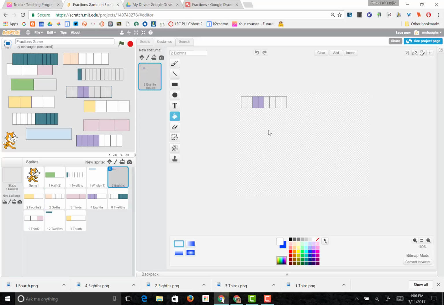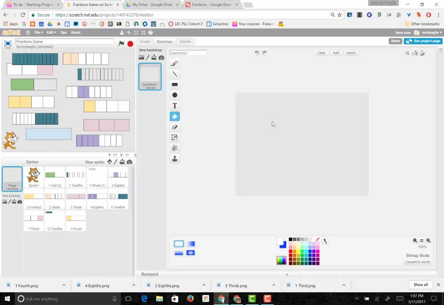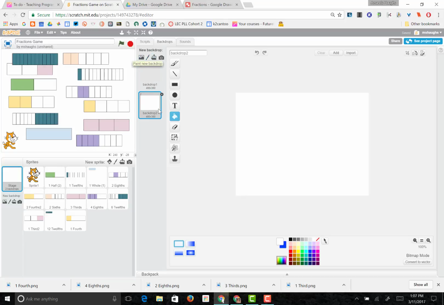I can also change the stage or background. In Scratch we call the background a stage, and I can do that by clicking over here on stage. Earlier I made this sort of a solid gray color. Normally, and let's do this, I'll do a paint new so you can see. Normally you start in Scratch with this white backdrop, and I had painted it gray earlier thinking that I liked that better,